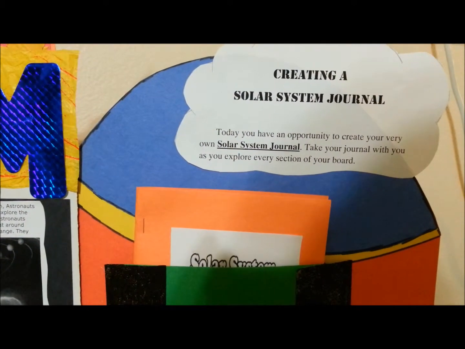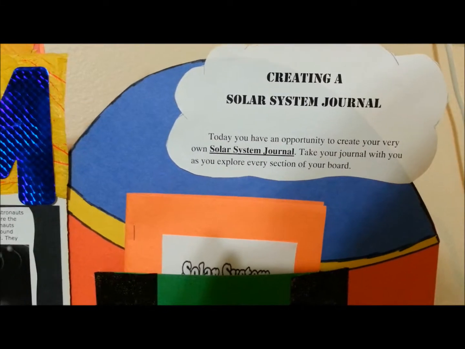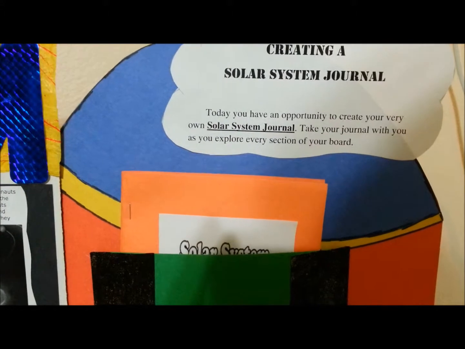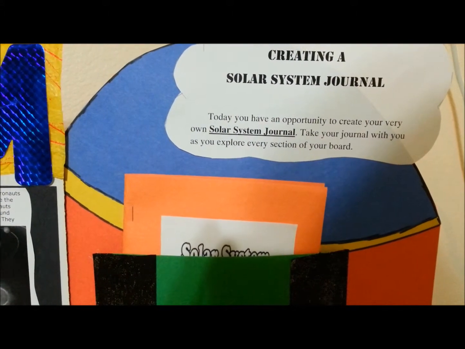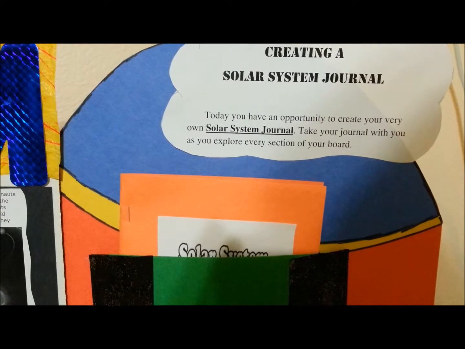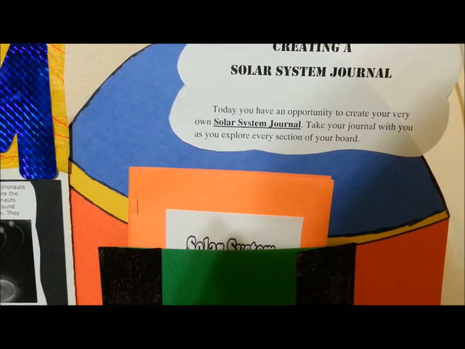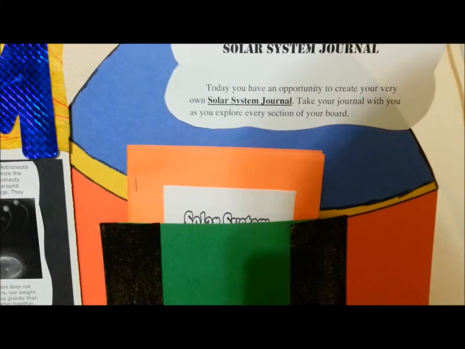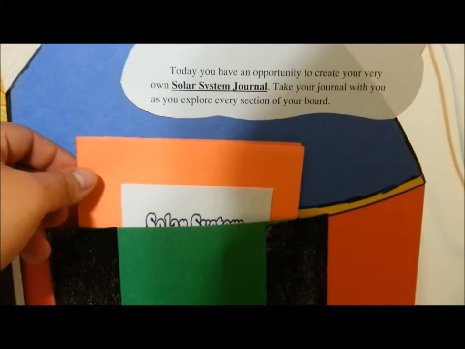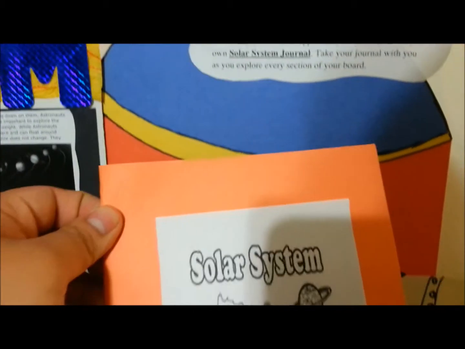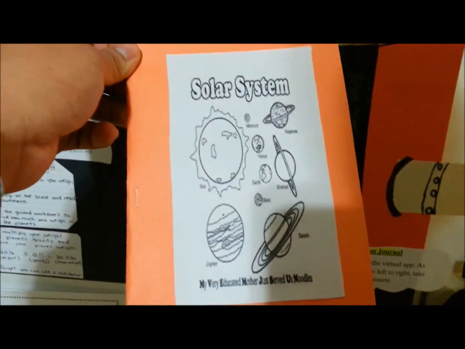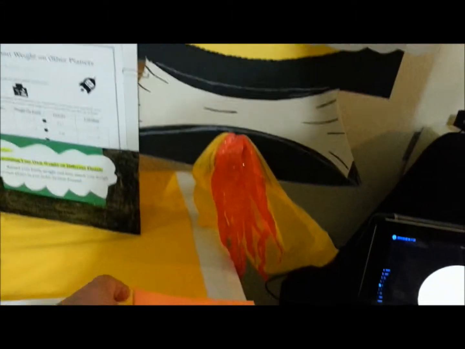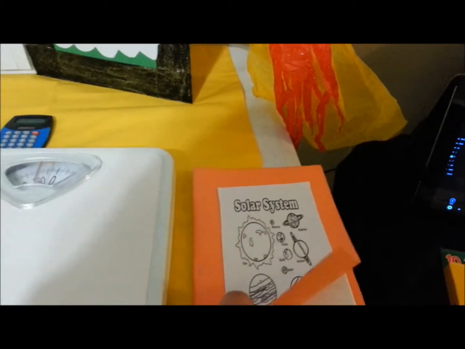This is for section 1, or the first activity in the anchor activities, which is creating a solar system journal. Today you have an opportunity to create your very own solar system journal. Take your journal with you as you explore every section on your board. So what they're going to do in this section is that, first of all, they will have access to different construction paper as well as copy paper, and they are going to be able to create their own little learning journal, or in this case their own solar system journal. They're going to staple it together